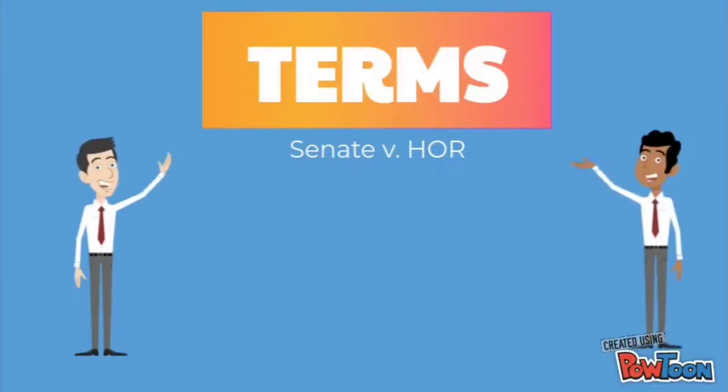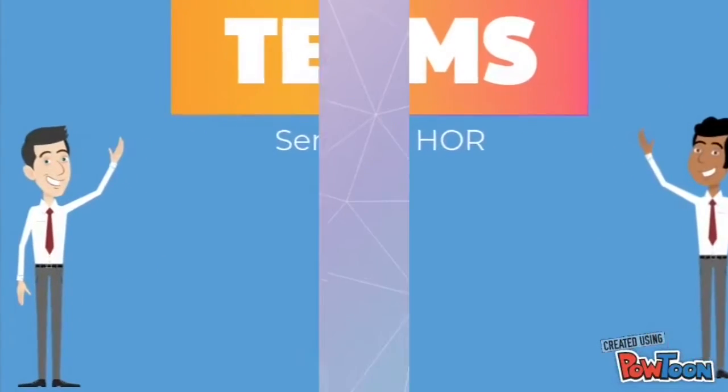Senate is known as the upper house and are subject to 6-year terms. House of Representatives is known as the lower house and is subject to 2-year terms. Senators are normally averaging at 60 years, while House of Representatives are younger and averaging at 30s and 40s.